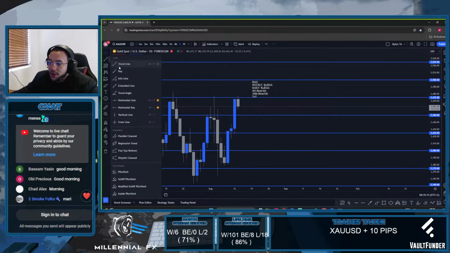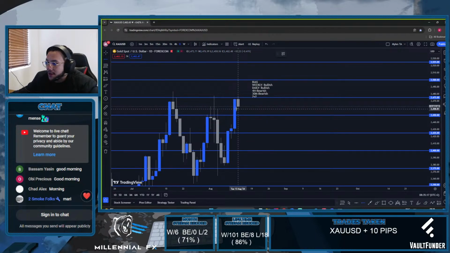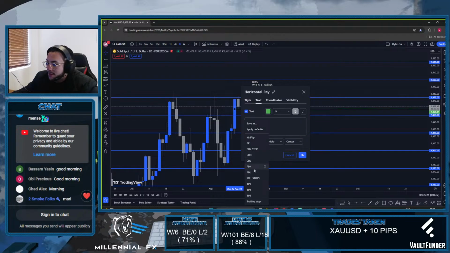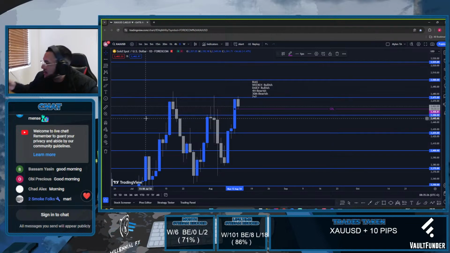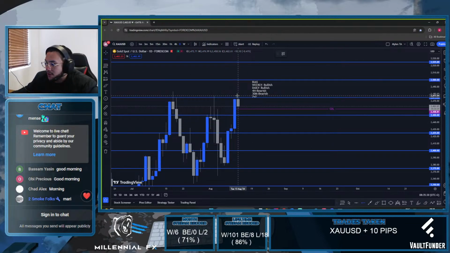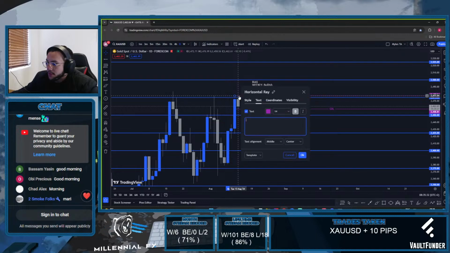First and foremost, right now, what I'm going to do is mark in that current daily low, because I'm going to anticipate a re-break of that low should drive us to the downside. And then obviously the re-break of the current daily high will drive us to the upside. So those are the two areas that I'm marking right now.